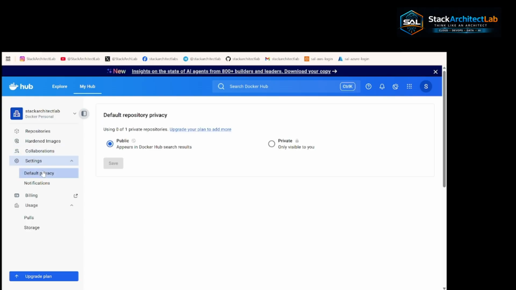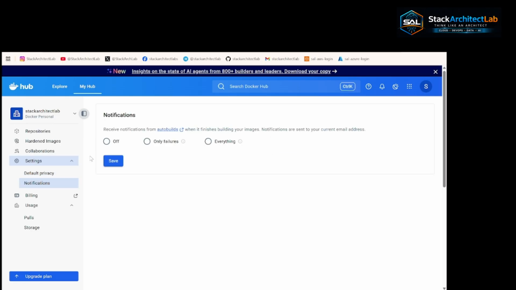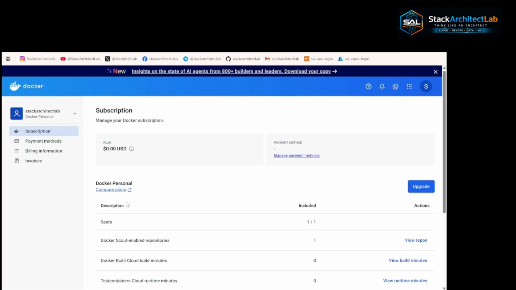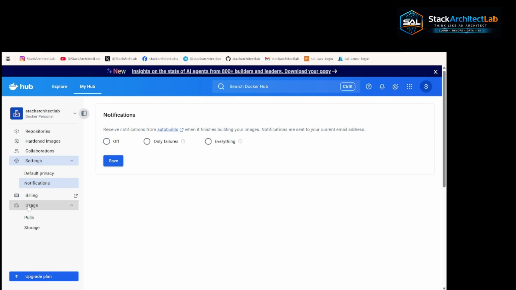Setting-wise, default privacy, if you see here, whether it should be public or private, you can choose that option, that you want to make it public or private. Notifications also you can set here, that okay, off or on or failure. If you want to take the enterprise plan, then you will need to pay money. And then from the users' point of view also, you can see all the details, how many images